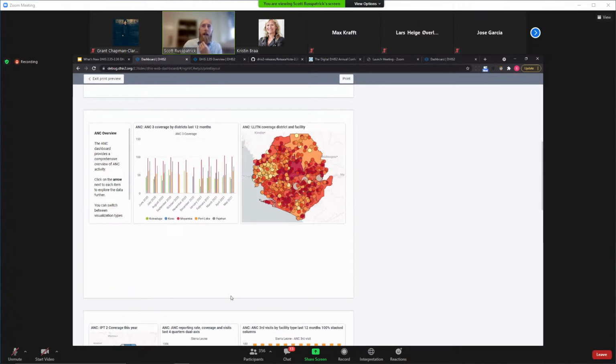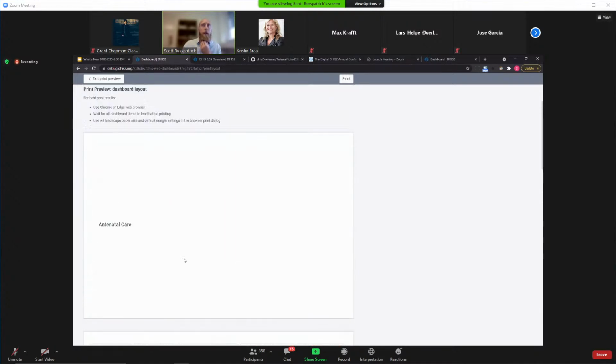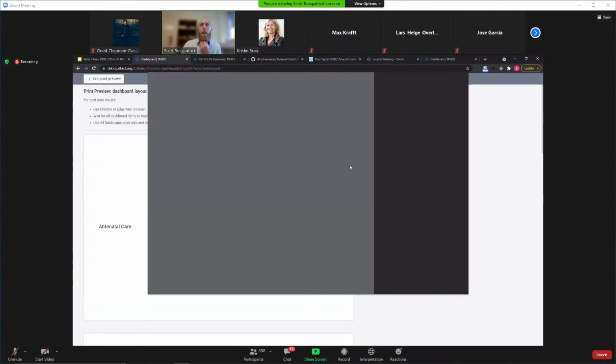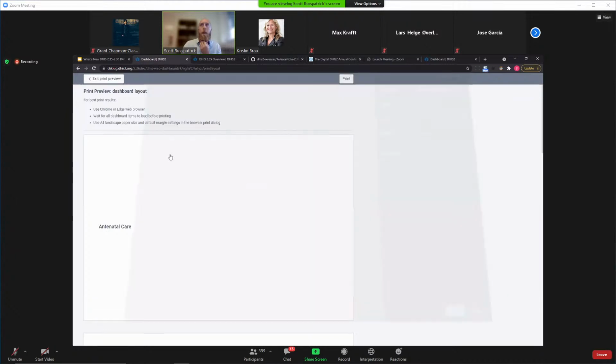We're putting in page breaks, but you can configure your dashboard so that it's fairly printer friendly, meaning that all of your dashboard items fit onto a single piece of paper so that it makes sense. Right now, you're just seeing an example of DHIS2 kind of auto rendering it. But again, you can configure your dashboard to be more printer friendly. If I click the print button in the top right corner, of course, I get all of my various print options. I can save it as a PDF. I can attach it to an email, send it out as kind of a routine report. If I exit the print preview